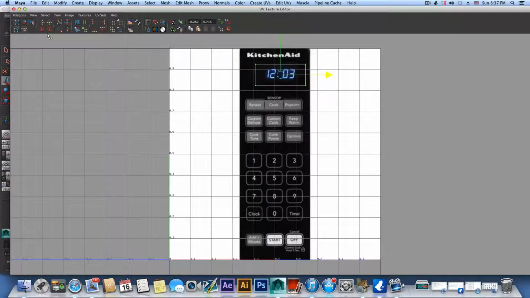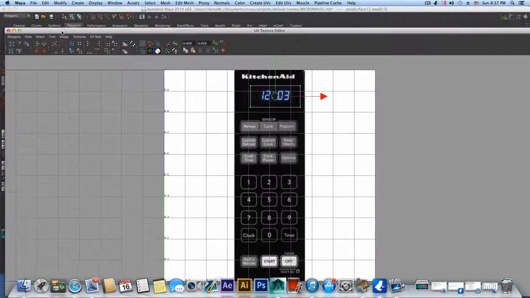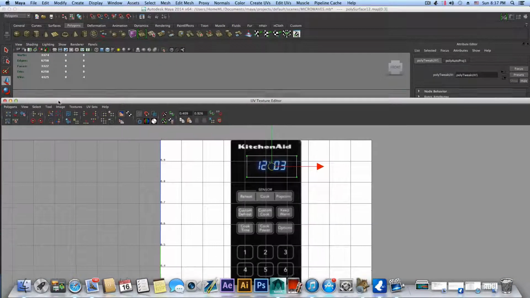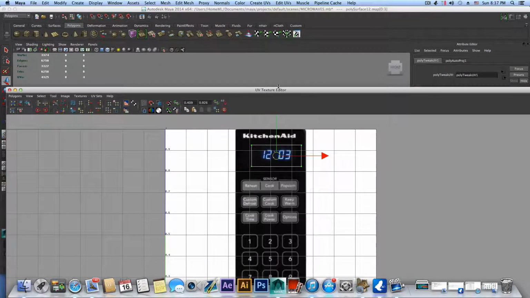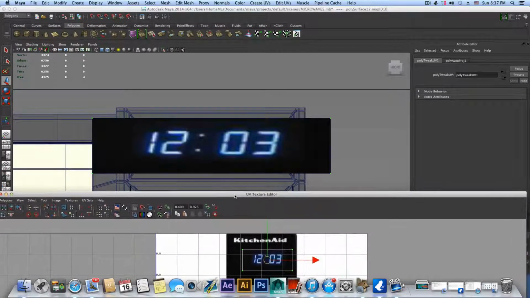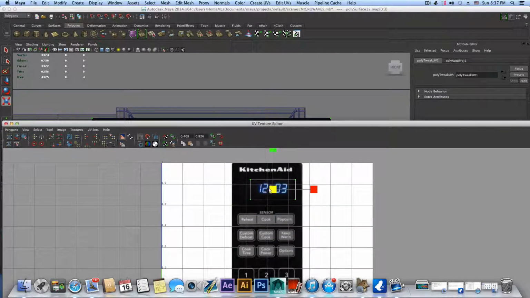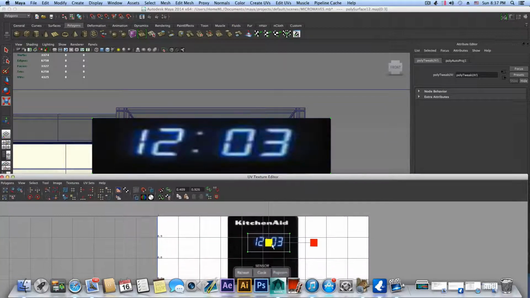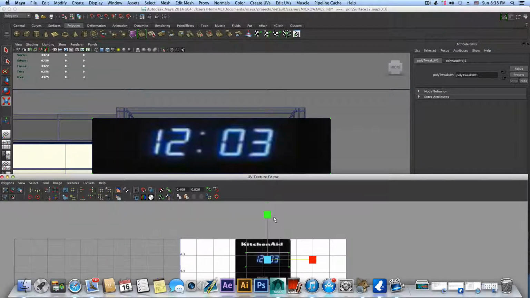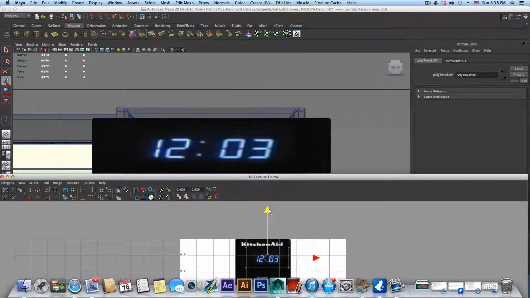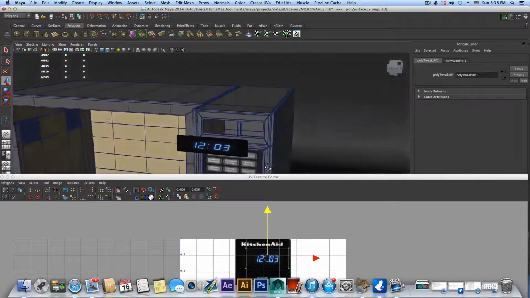Now basically those two functions are rotating in this direction and rotating in the other direction, but it's making it in a few default angles. So it's making sure that your rotation is basically aligned to the same 90 degrees, 180 degrees, and so on. So I'm just trying to scale these UVs so they will fit here. I don't want to make this too big, and also maybe not that, yeah, something like that. Okay, so that's okay,